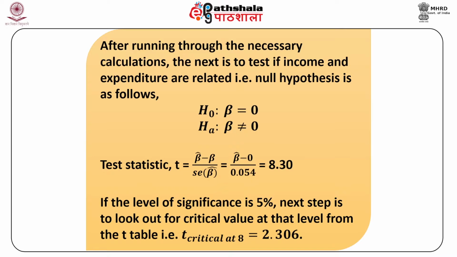Degrees of freedom is n minus 2; n in our example is 10, therefore n minus 2 is equal to 8. Now these critical values from the table are equal to 2.306. So we can compare these critical values with the calculated value. What we find is that the absolute value of T exceeds the critical value, which implies that we can reject